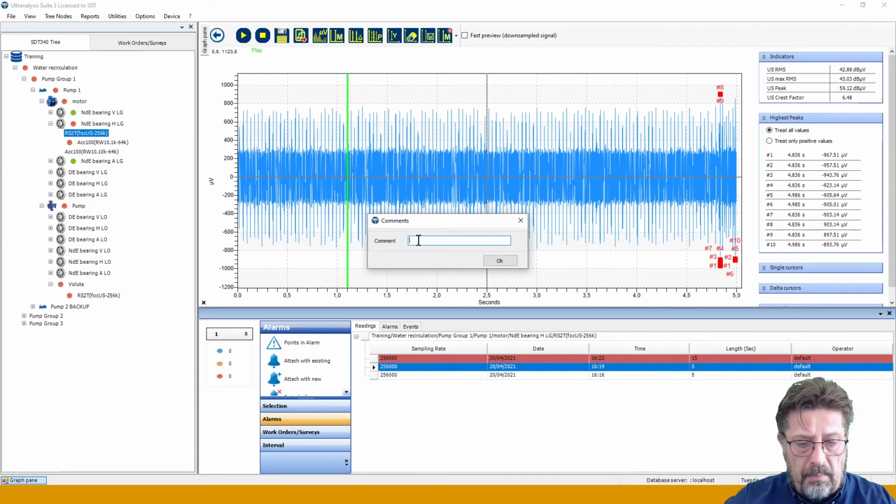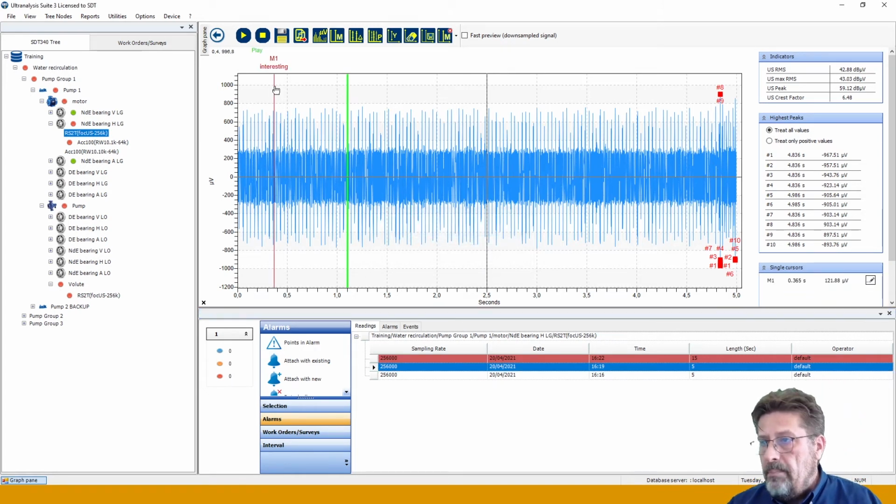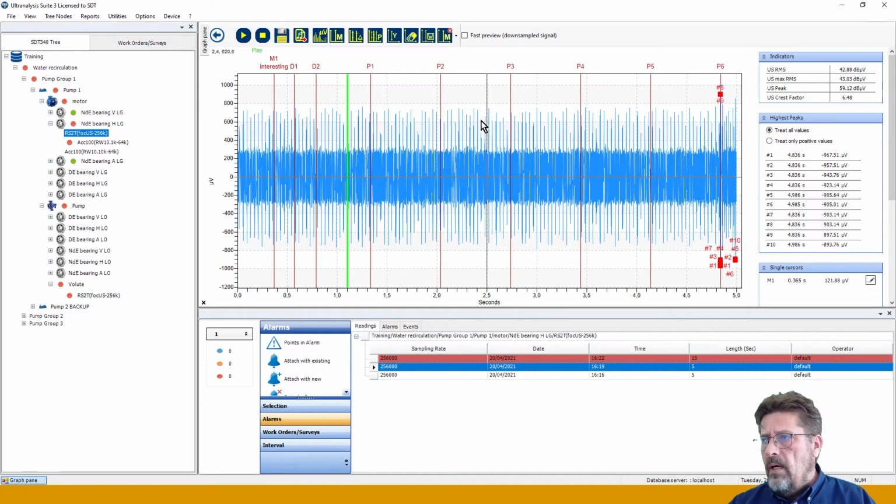So let me just put my marker back on, because I haven't shown you another command, and this is why I lost all my cursors. So I will put my D1 and D2. I will set my periodic cursors here. And my next tool is save all. So save my cursors. That means you did some analysis,